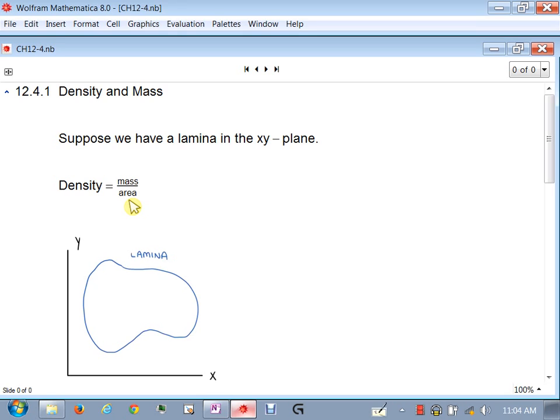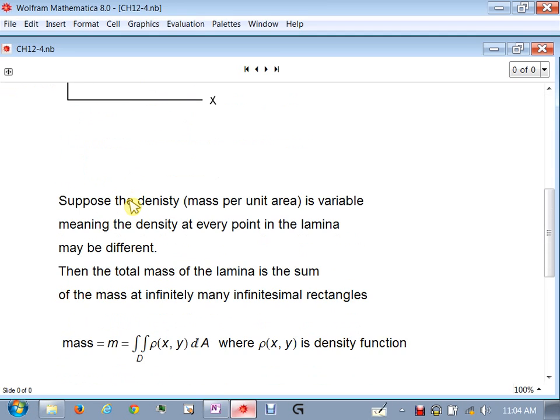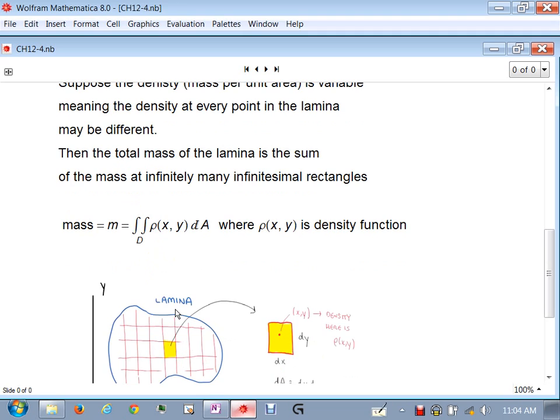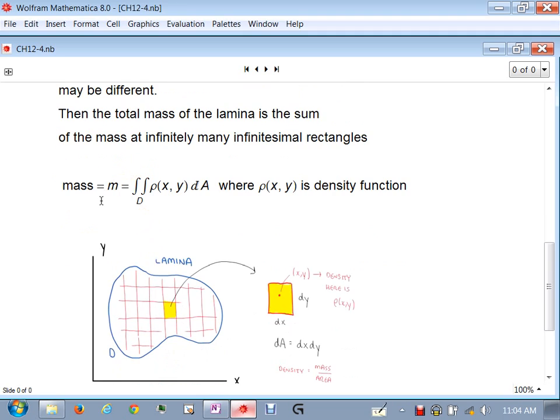But if we can all agree upon the idea that when we measure density of a two-dimensional sheet, it's just the mass divided by the area, then we can come up with a formula for the actual mass of the lamina to find its total mass. The total mass comes from,